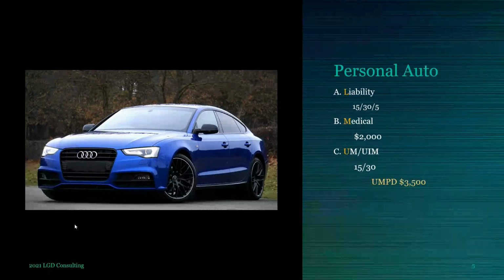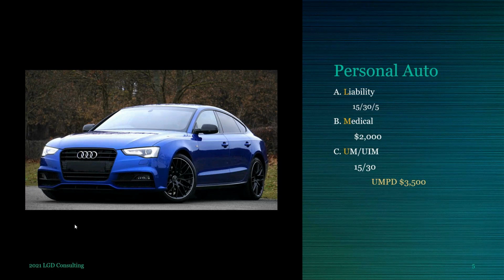So underinsured motorist, the UIM, again, you got hit by someone who has insurance. They just don't have enough to take care of your medical. And so your policy can pay the difference between their limits and what it takes to take care of you, up to your limits. That's why there's only the two numbers here. Okay. But that's UIM coverage.